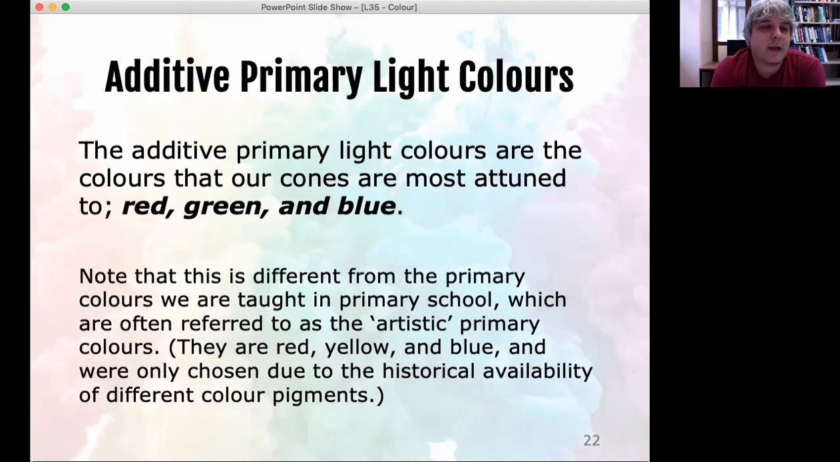So in science, we have additive primaries, and we'll meet subtractive soon. But additive primaries are red, green, and blue, because those are the three colors of our cones, right? Red, green, and blue, the three different colors that our cones focus on. Well, focus is a bad word, given we're going to look at lenses in the next lesson. But anyway,